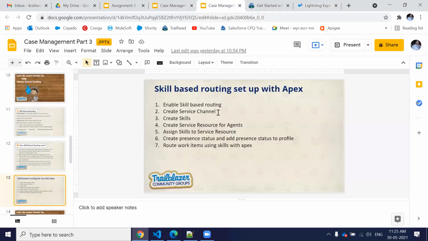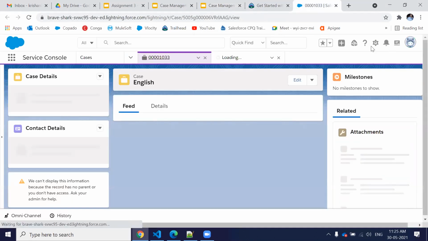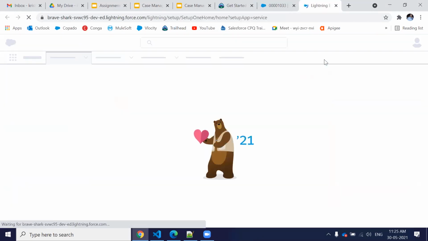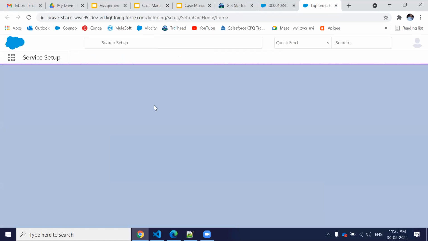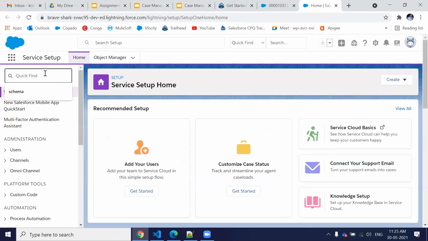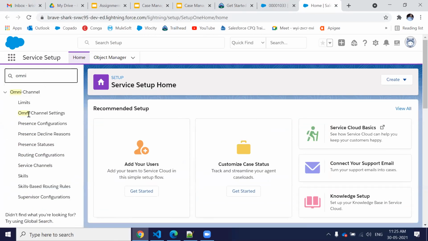So first of all, we have to enable skill-based routing. So let's just go to skill-based routing.